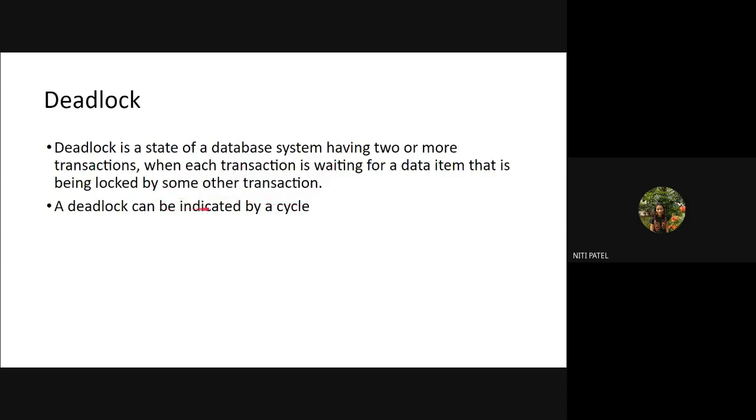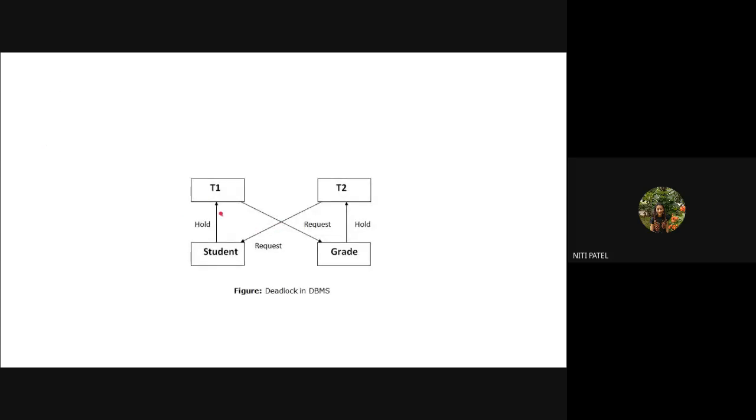So how do you indicate a deadlock? It is indicated by the cycle. I am waiting for Nishit, Nishit for Soham, Soham again for me. Since we have a cycle, there is a deadlock. Okay. So now here, what can I say from a diagram?